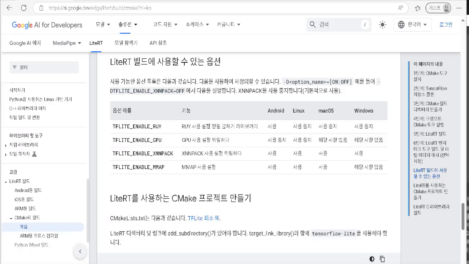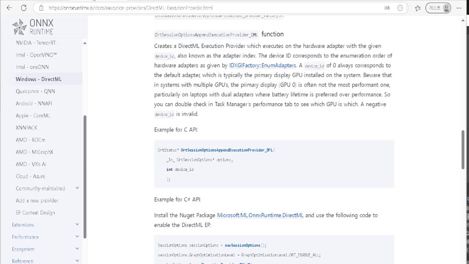And as you can see, first time I made this image enhance AI for TensorFlow-lite, and I found that I cannot use GPU on Windows desktop, so I wanted to try to use my integrated GPU, my laptop. So I need to use another backend like onnxruntime,